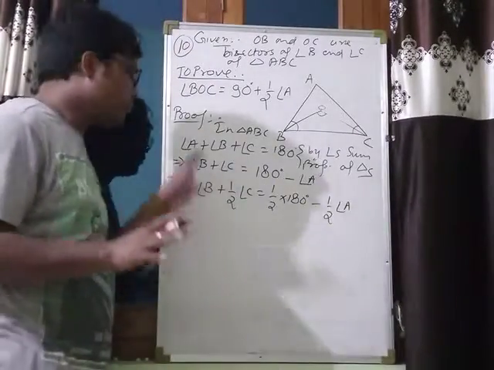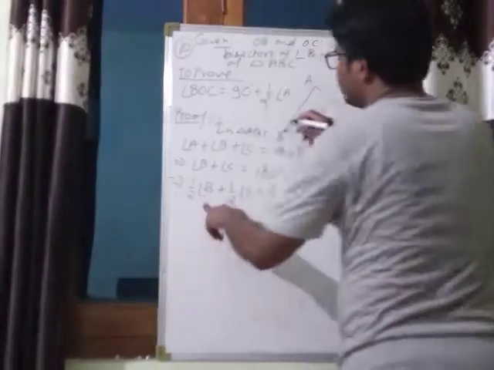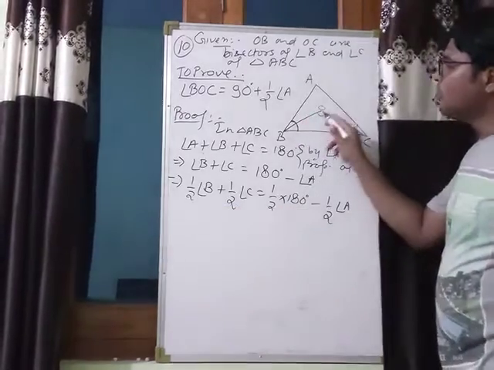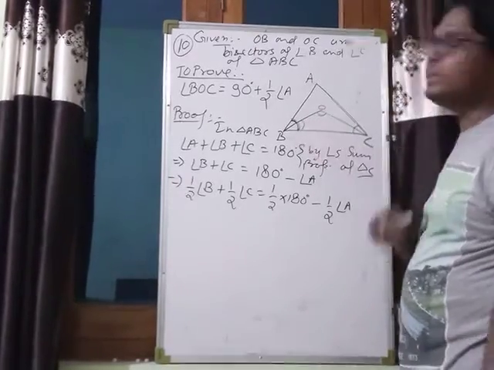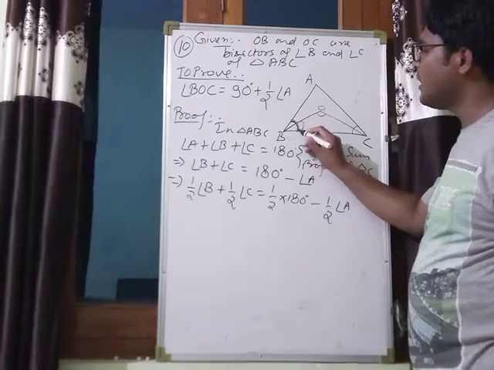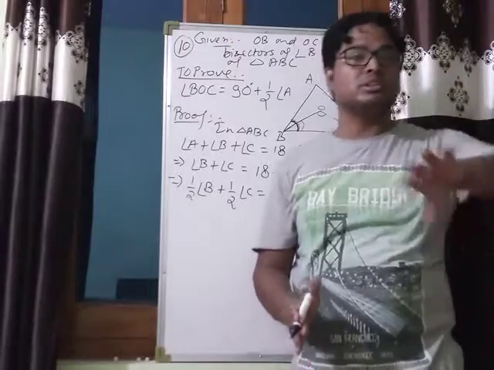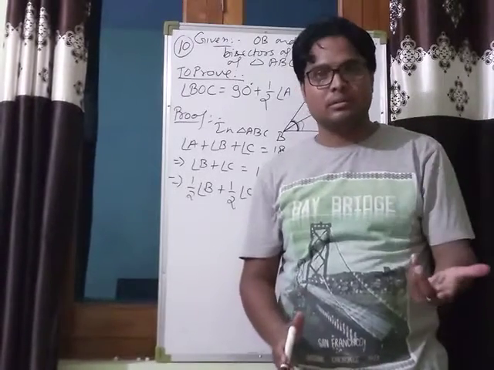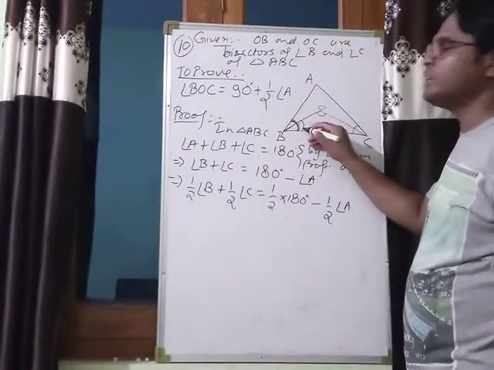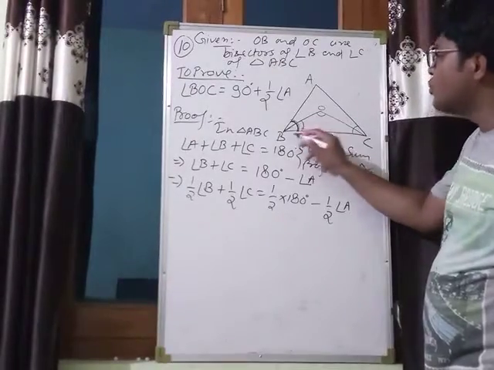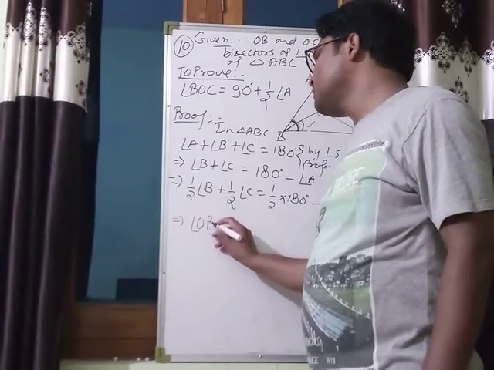हमने क्या किया? 1/2 से both side multiply कर दिया. So half of angle B. See, this is angle B, and OB is its bisector. So what is half of angle B? That will be OBC. If this is 60 degree, and because this is bisector, what is the work of bisector? Bisector is that line which bisects, which divide an angle into two equal parts. Means this is 60 degree, then this one will be 30 degree. So angle B का half OBC हो जाएगा. This one is half of this one. So half of angle B is angle OBC.